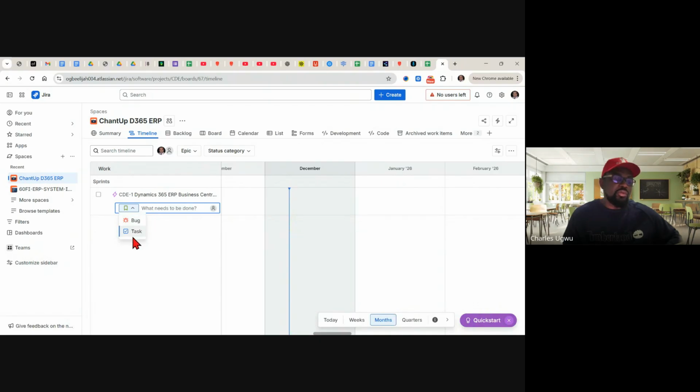So which one do we select? Because it's not a user story and it's not a bug, it's a task. Select task. Procure license. ERP license.